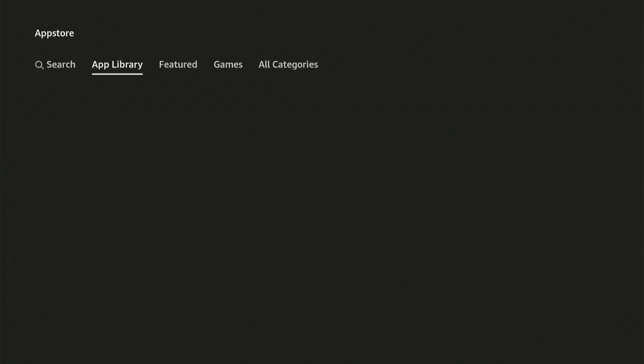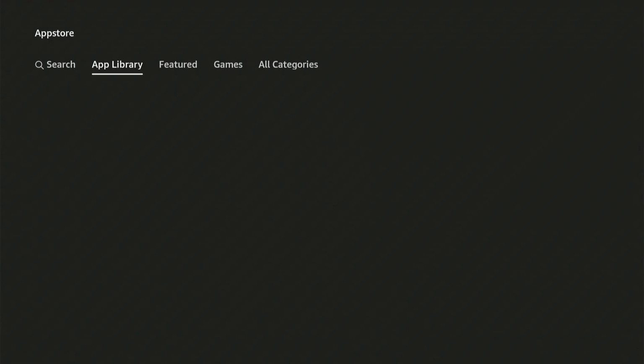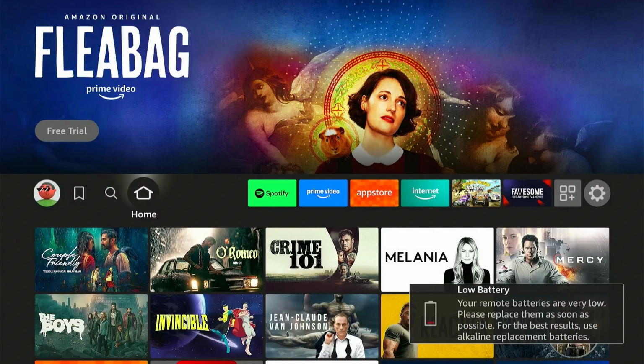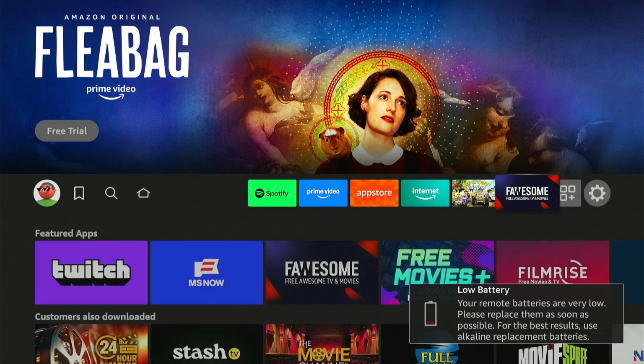Then you're going to, my connection is not as good, but it's supposed to show here. Alternatively, you could just come back one step, just go back to the home page. And if that does not work, just like it has not worked for me and you do not see the app library, just come where you find